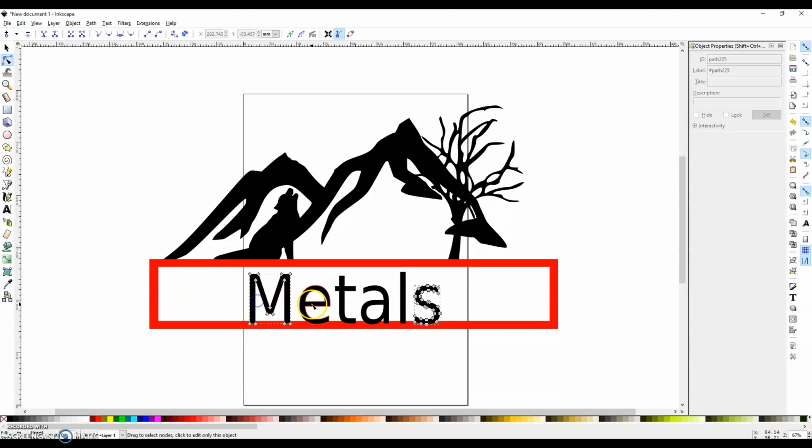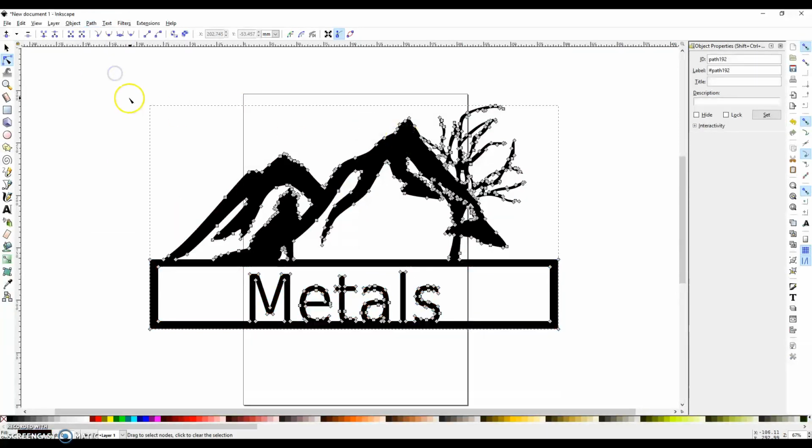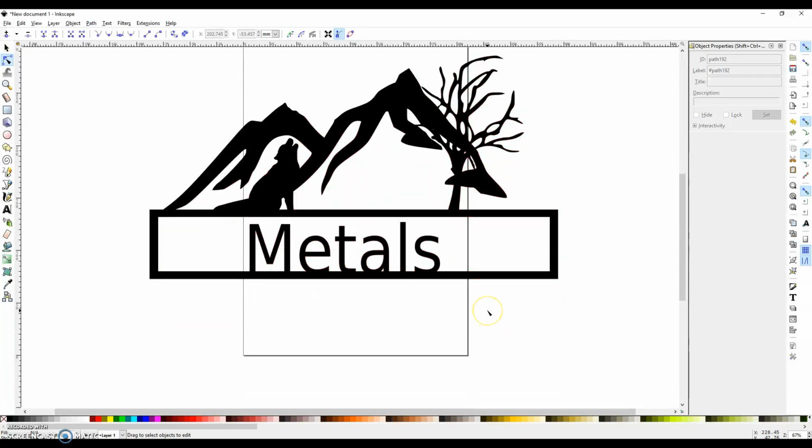Now you're going to want to shift click everything, and you're going to go Path, Union. Makes this connect with the box. Shift click with the sign, Path, Union. Now everything is one piece, but